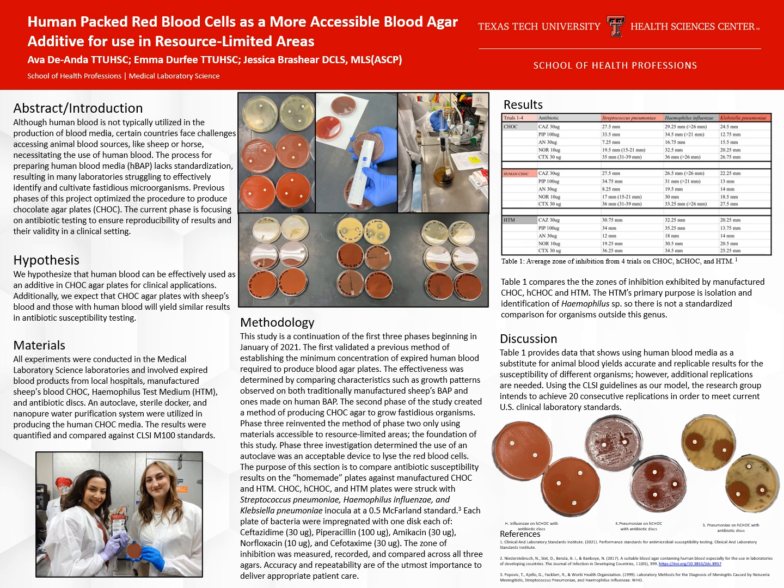clinical laboratory standards. In summary, our study shows that using human blood in chocolate agar plates is a viable option for clinical use, especially in areas with limited resources. This approach can make it easier for labs in these regions to perform important tests. However, we still need to do more testing to confirm these results and make sure this method is fully ready for use in